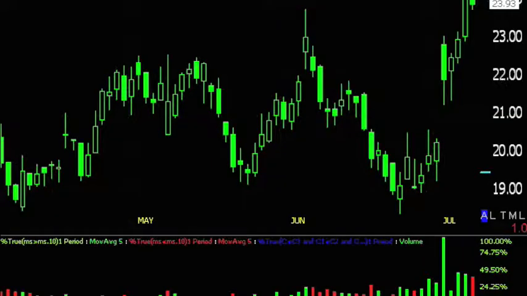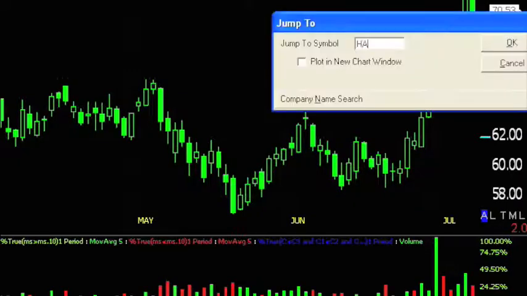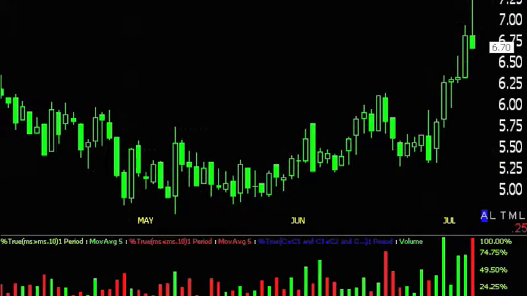Celgene is another one I bought calls on. I doubled my money on those calls. I had sold half of them, so I'm riding house money on those. And another one I just bought today, a little bit early, I think, but we'll see what happens, is Halo. These biotechs are starting to go crazy. I would really like to see this one close up above $7 before I really get too much into it, but I just bought a few calls just to test the waters a little bit. I have a whole bunch of puts I'm looking at buying, so I'll probably list some of these on the